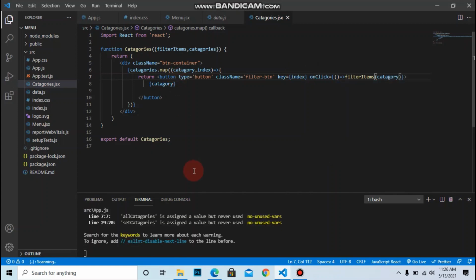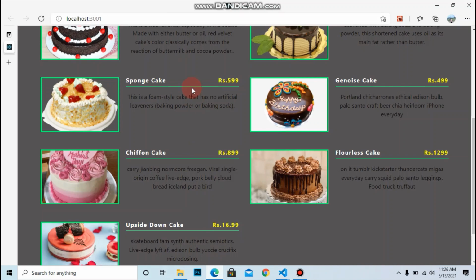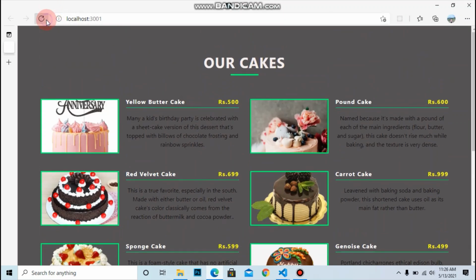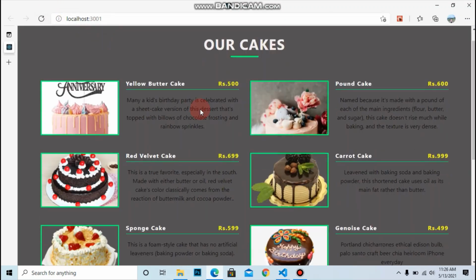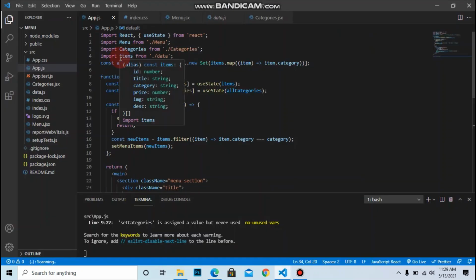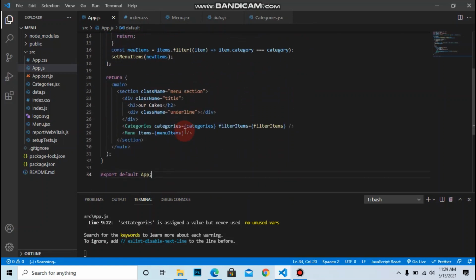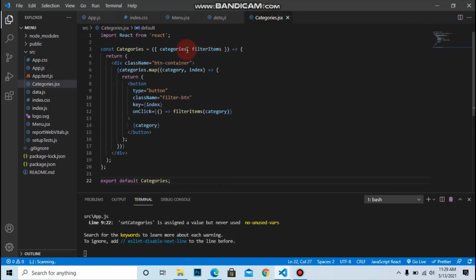Let's save it and get back to the browser and have a look. We pass all categories to the set categories useState variable, and we pass the props categories to the categories component, and in the categories we add a button dynamically by iterating over the categories by using the map method.